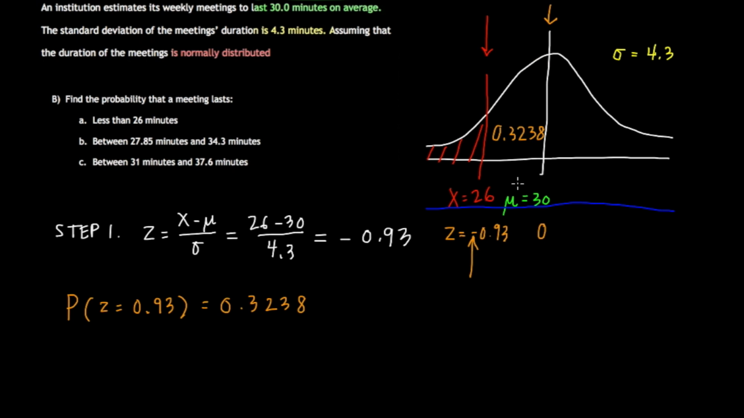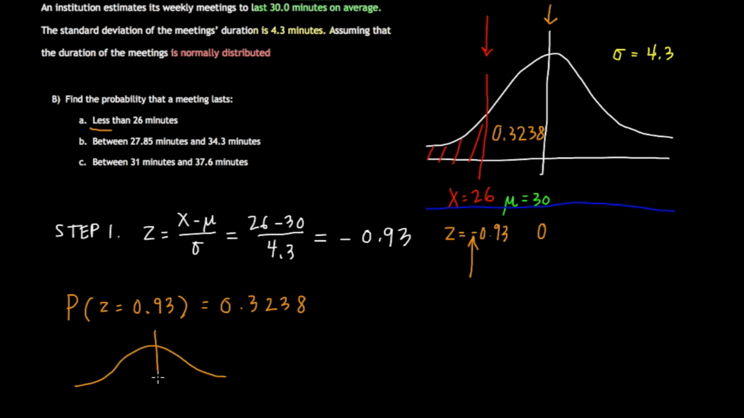Okay, but we're not done yet. Very important. It'd be a shame to lose points if you stop right here. What we wanted from the beginning was a probability that a meeting lasts less than 26 minutes. So we even highlighted the area. It's this piece right here of the tail that we want. So what do we have to do? We know